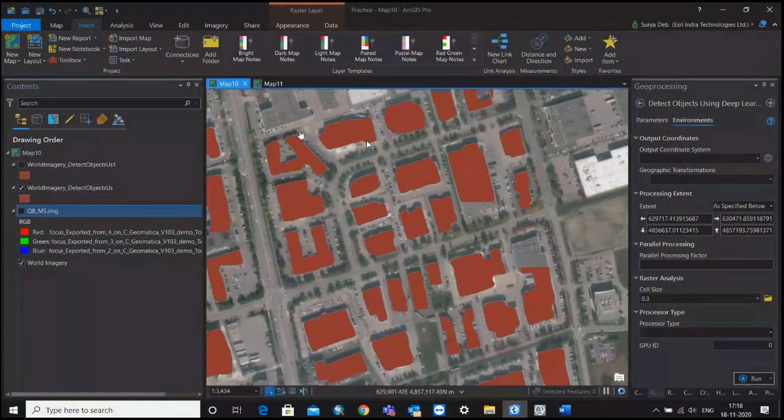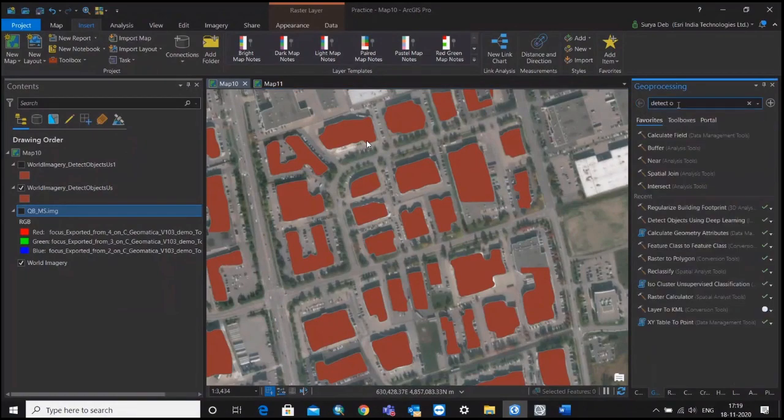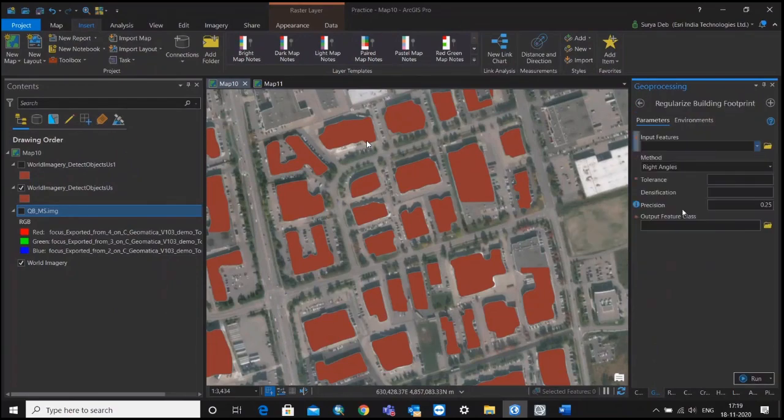So I just selected this much extended area. It has quite nicely extracted all the building roof planes. To regularize the building shapes, because you will find the shape is a little smoother, and in case of a building it should be a perfect rectangle. To convert that, in this deep learning tool only, they have a regularize building footprint tool. Okay, so you just select this, and you have to select your detections, whatever you did. So this is the extracted building information which we actually did.